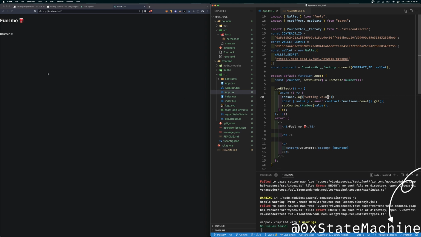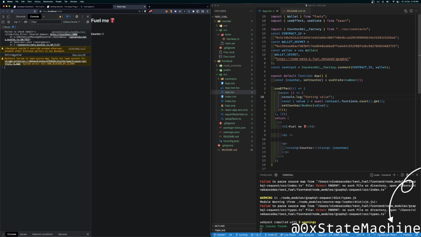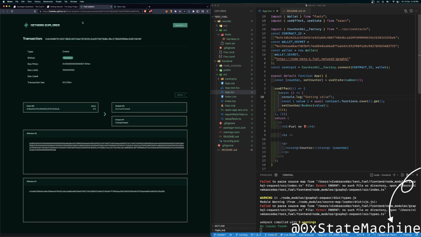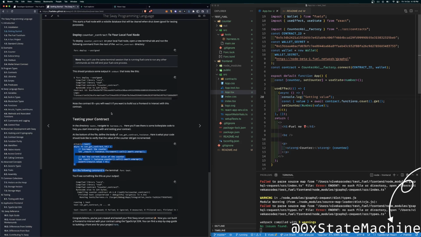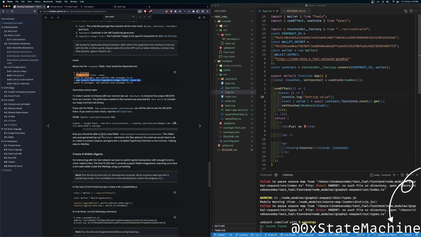I mean, of course, CRA is way slower than something like create next app. Let's see if we can sign a transaction, and then we'll figure out the details.